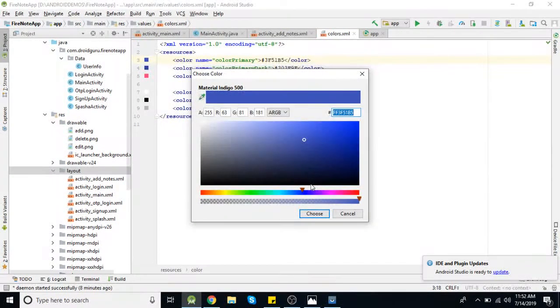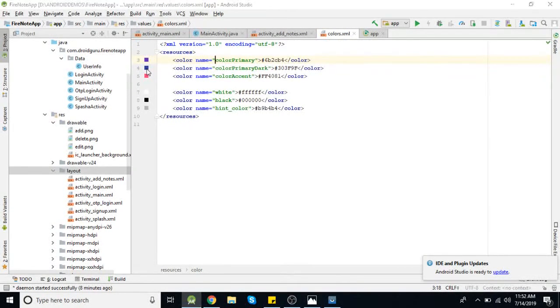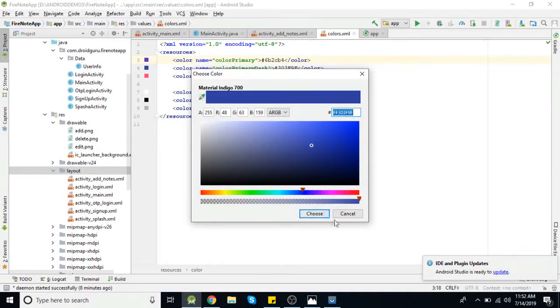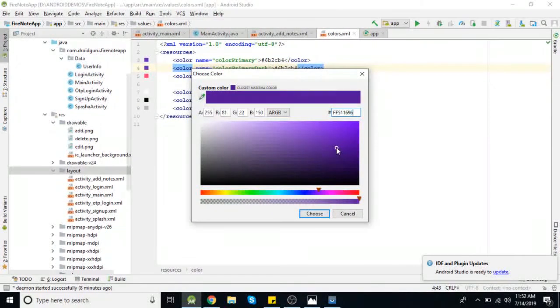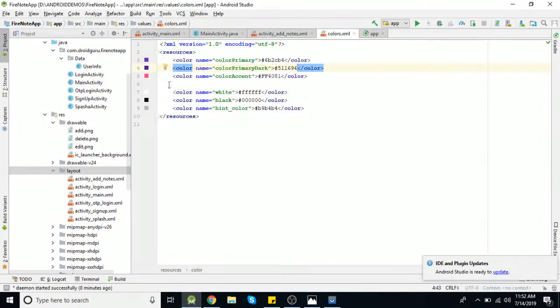So primary color will be, say, this one, then color primary dark will be this. Okay, and this color is fine because we are also using the same here.